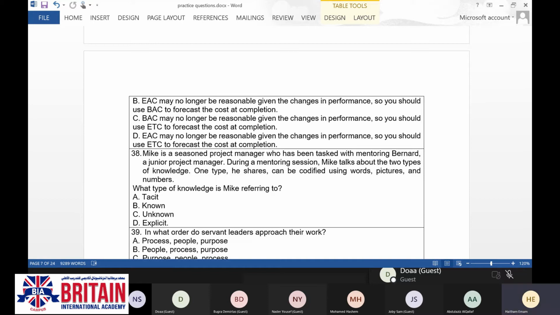can be related to explicit knowledge. Why? Because it can be expressed easily, or it's easy to express what is behind the idea.